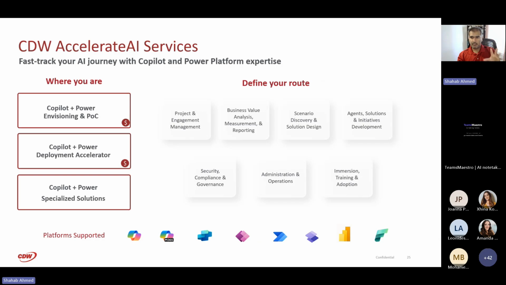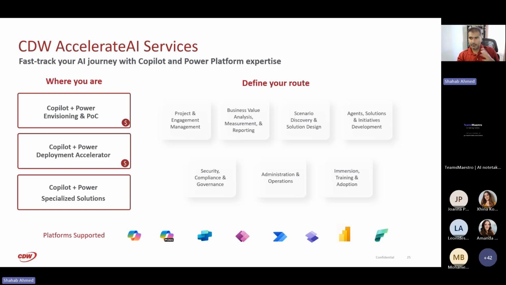The way Microsoft looks at it is there's the Power Copilot, and so they've brought the whole Power platform together with Copilot. So things like Power Apps, Power BI, all of those elements are now well within, and I think it's a logical piece. So Copilot Studio, Power Virtual Agent, all of those elements are now sitting together. So if you have any initiatives where you're looking at envisioning, POCs, all of those elements, if you're looking at deploying them, and then if you're looking at specialized solutions.